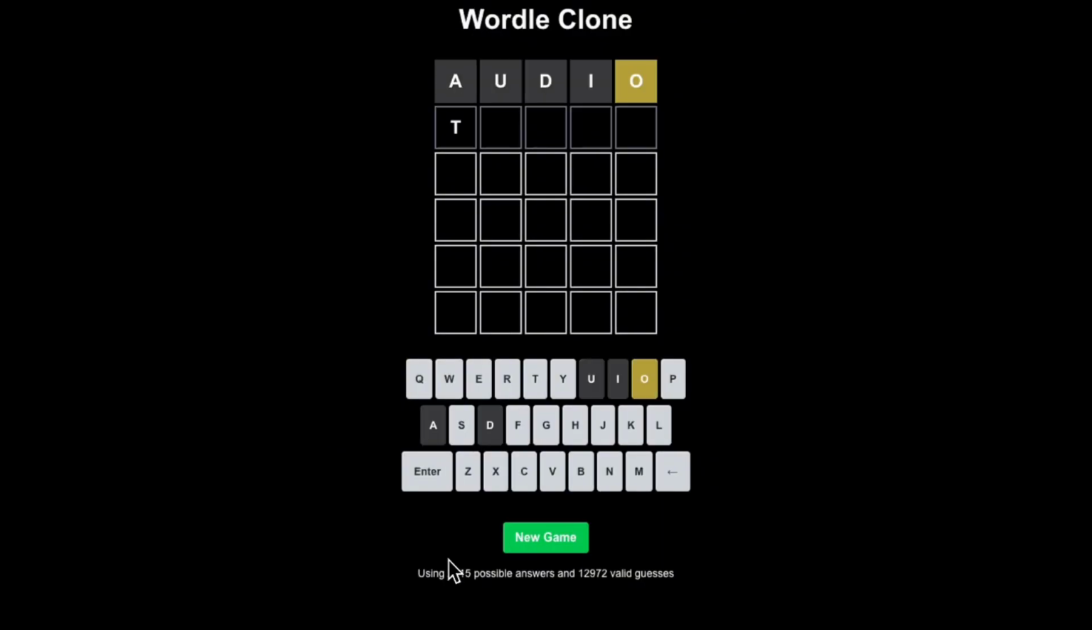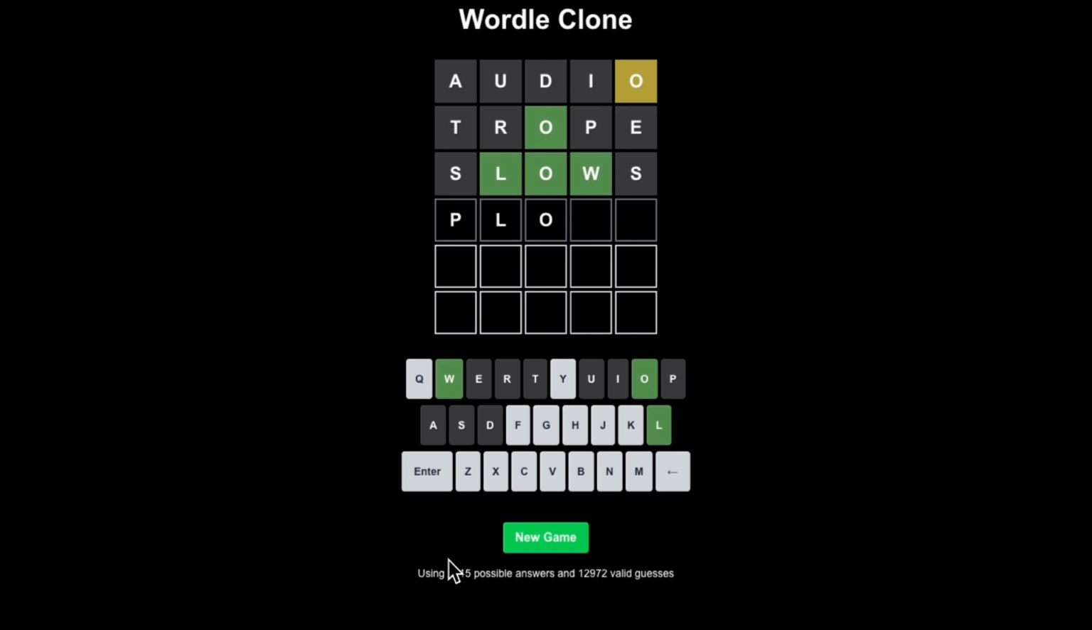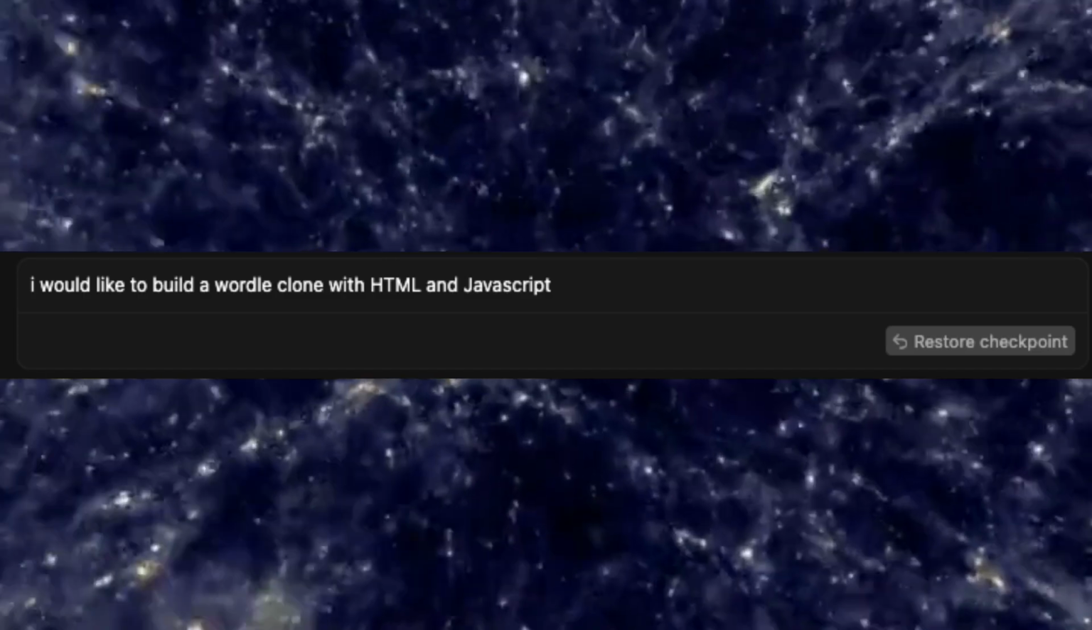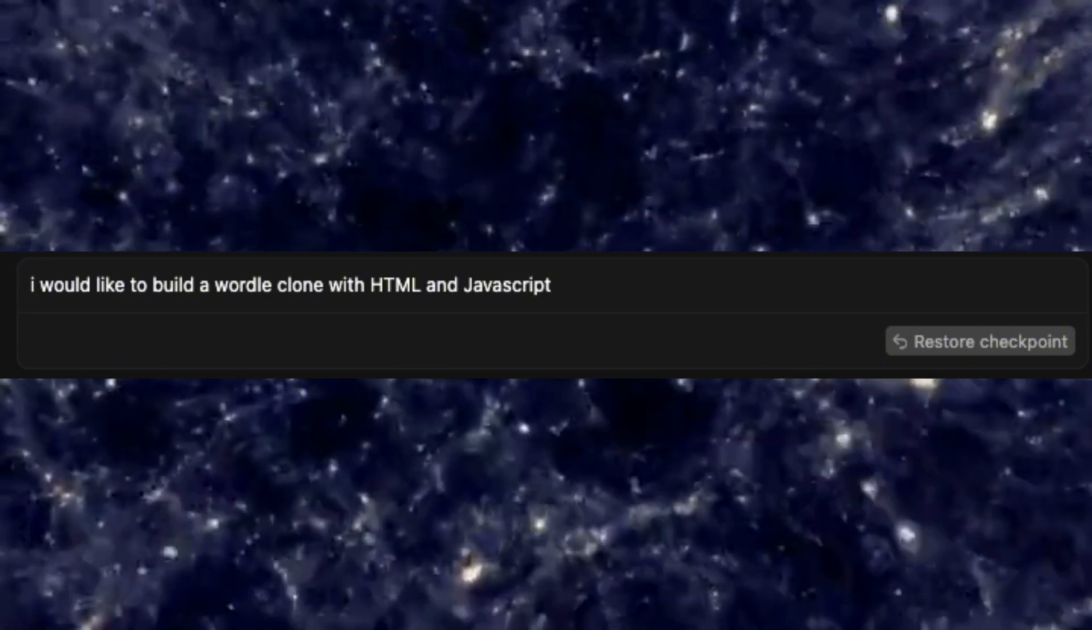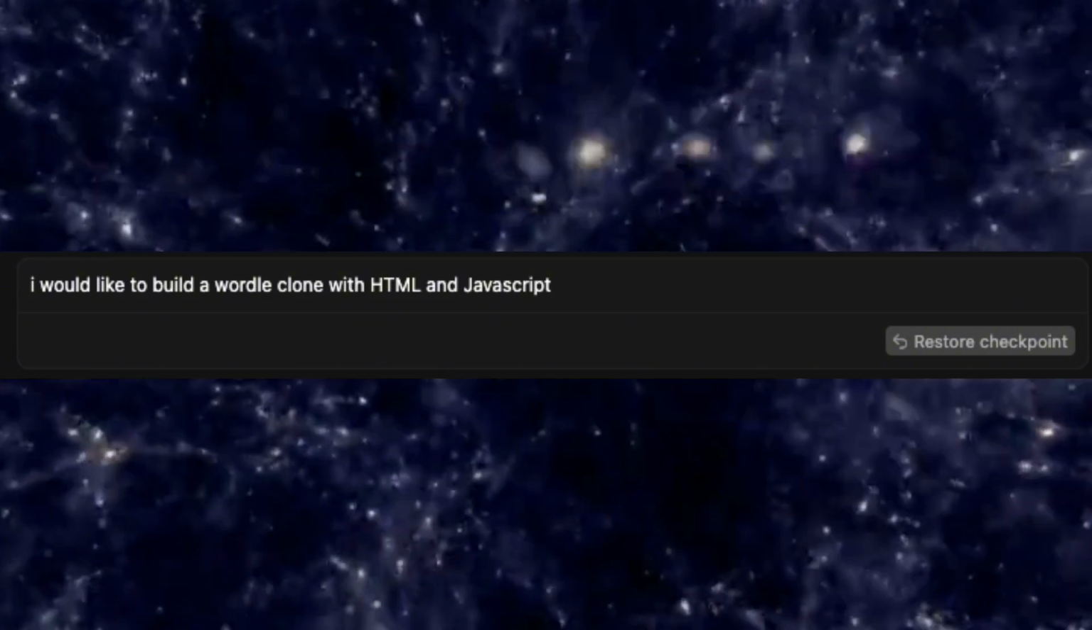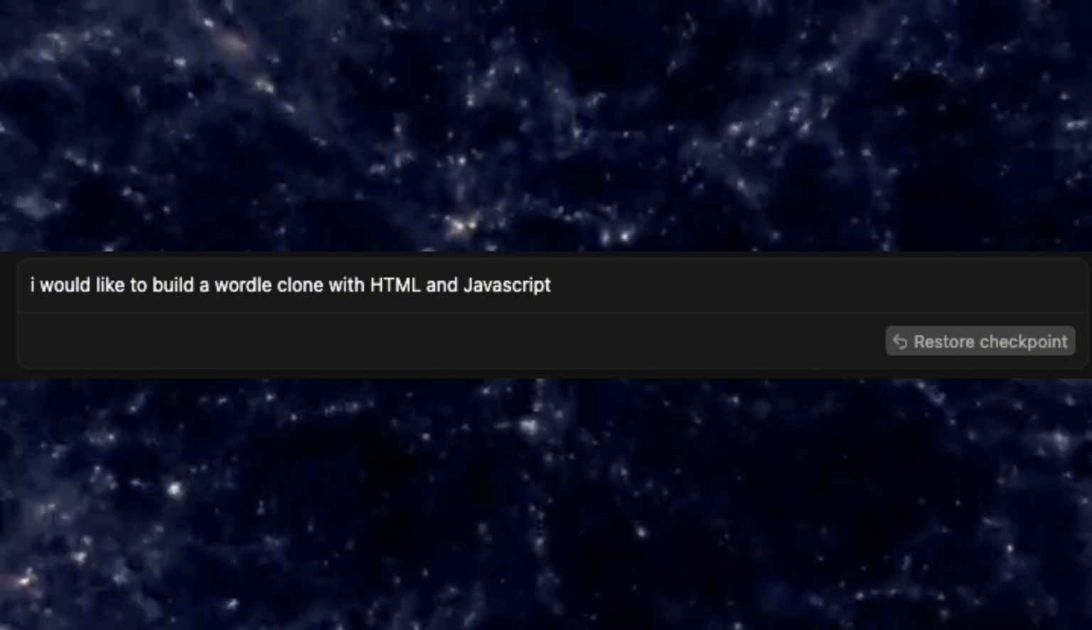I just got done building this clone of Wordle, and I did it without writing a single line of code using AI, which people are calling vibe coding. I started with this simple prompt. I would like to build a Wordle clone with HTML and JavaScript, and I dropped it into the Cursor IDE